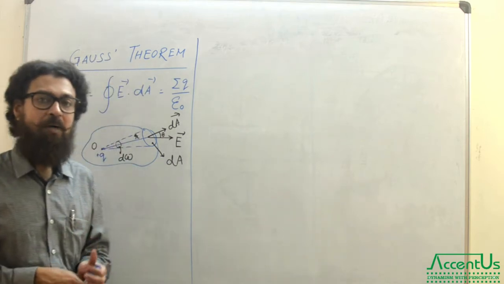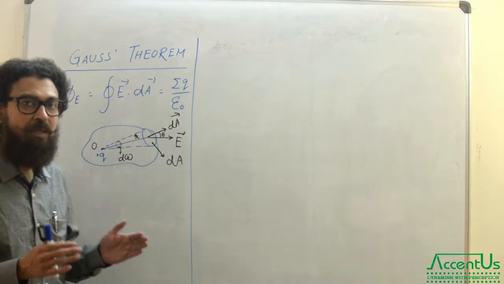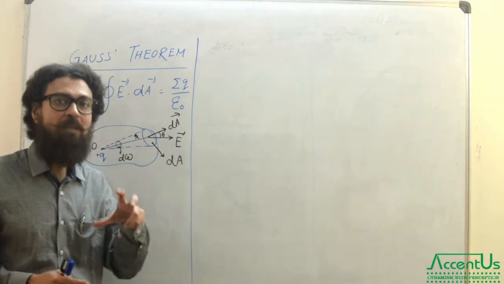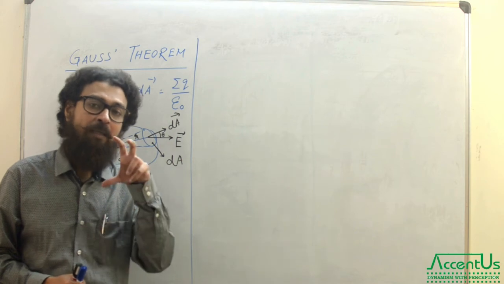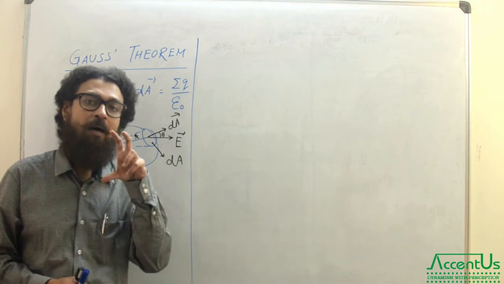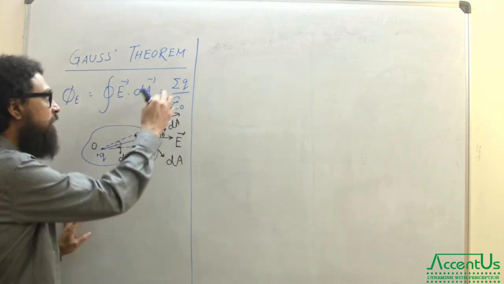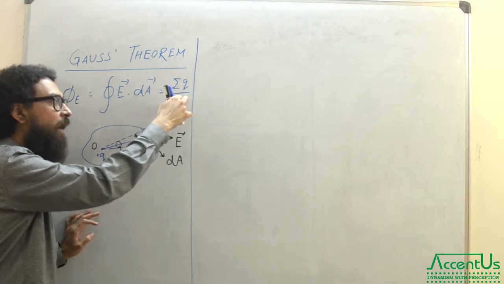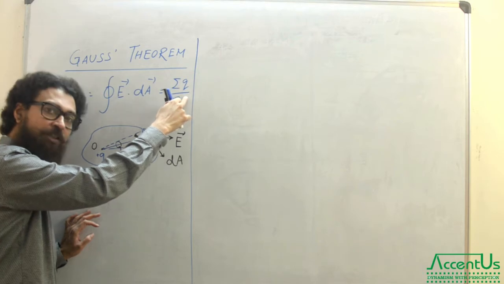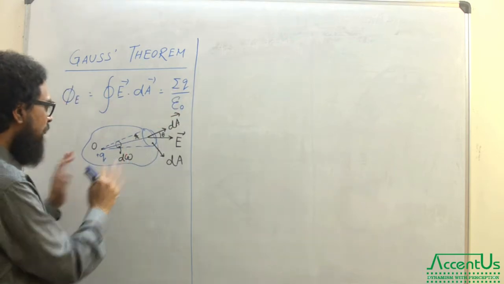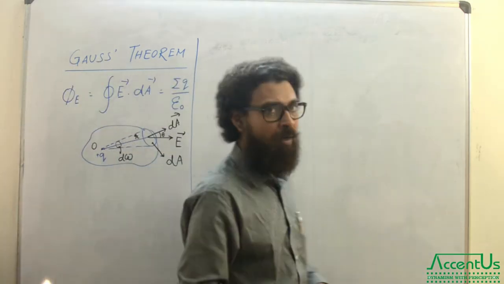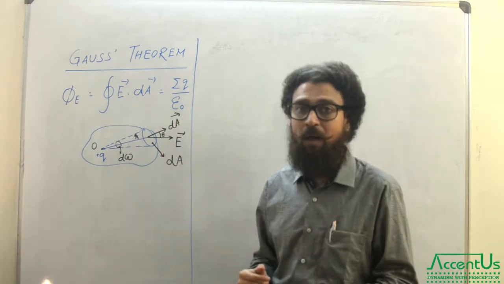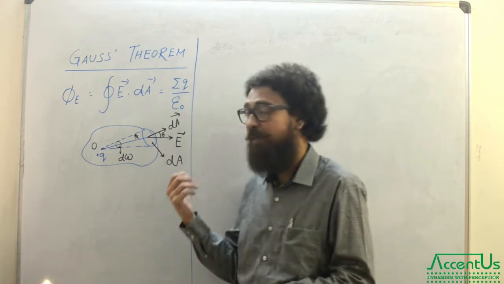When we are talking about distribution of charges, whatever charge we have enclosed by our imaginary surface or Gaussian surface, the total amount of that charge is the point of consideration. So it is 1 by epsilon naught times the total charge enclosed by that imaginary or Gaussian surface. Okay, so we have a kind of pictorial representation of the Gauss's theorem, because I have to prove this. I won't accept this expression, I have to prove it.